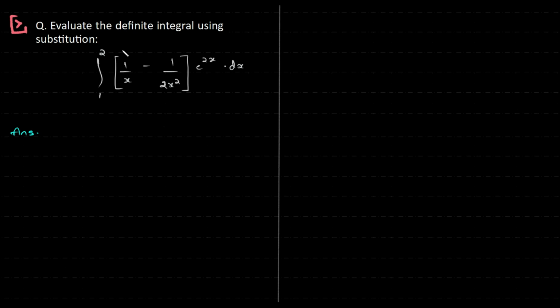Evaluate the definite integral using substitution. So we have to integrate 1 by x minus 1 by 2x square, e to the power of 2x dx. So the very first time when I saw this,